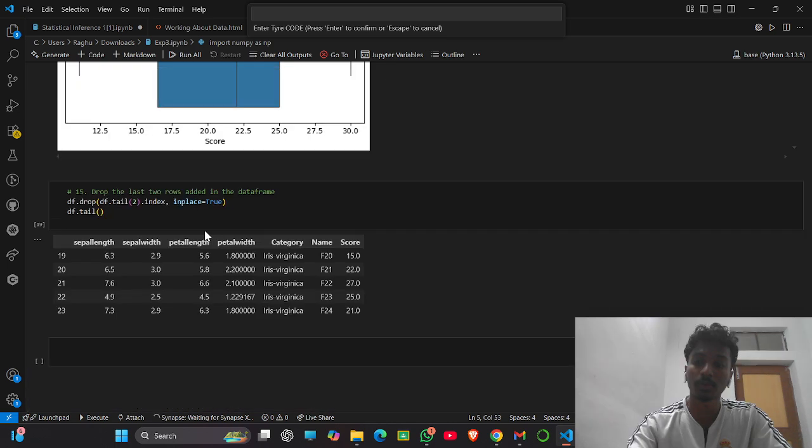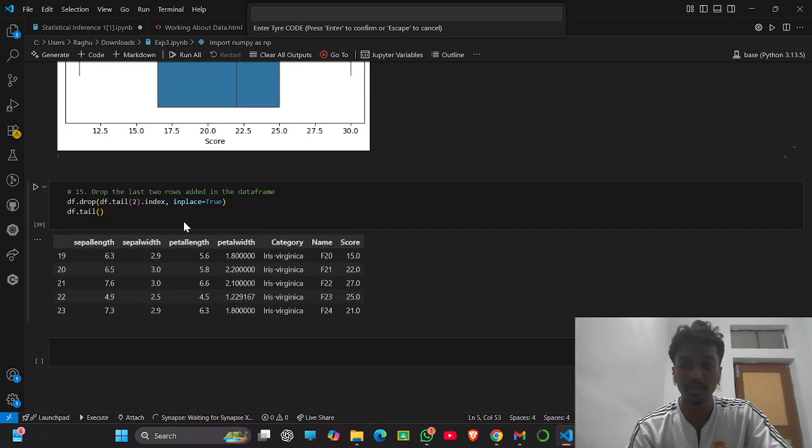Then for the 15th one, I used df.index to get the index of the last 2 rows, then I dropped them using the drop function. This removes the rows I had added earlier. Finally, I confirm by displaying the last